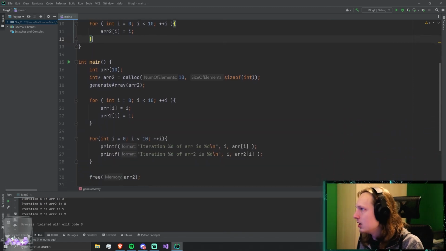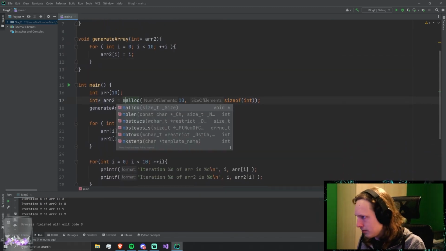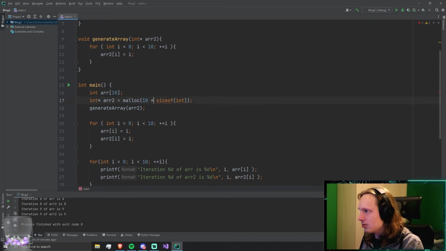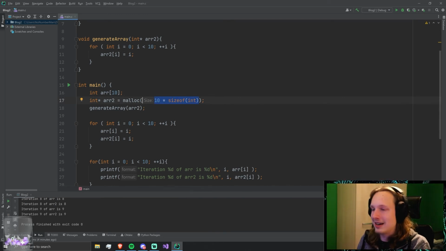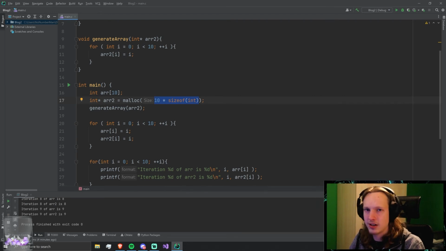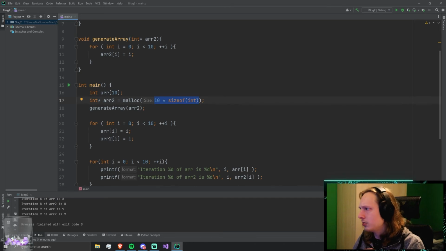Here we go. We can also create an array with malloc. But malloc is a little bit different than calloc. What it takes is just one parameter, just one size. What it needs you to do is just 10 times the size. This is just the number of bytes that you want to allocate. So for 10 integers, that's just 10 times the size of an integer, right? 10 times 4, or 40 bytes. This will also work, and it will also return a pointer as R2, array 2.